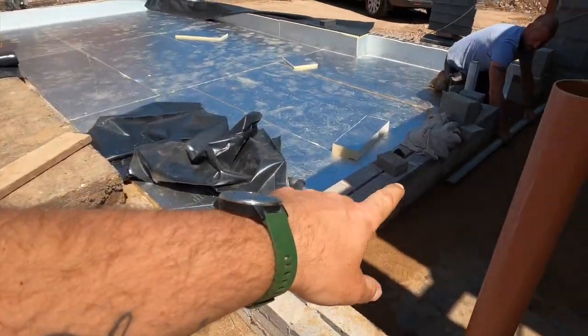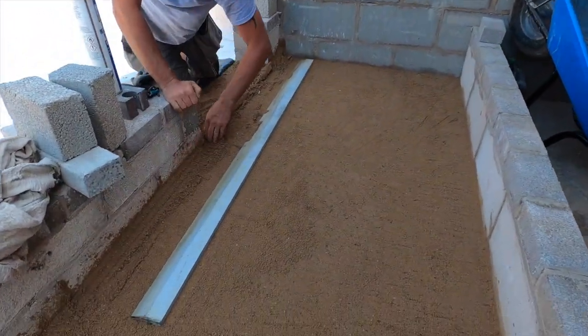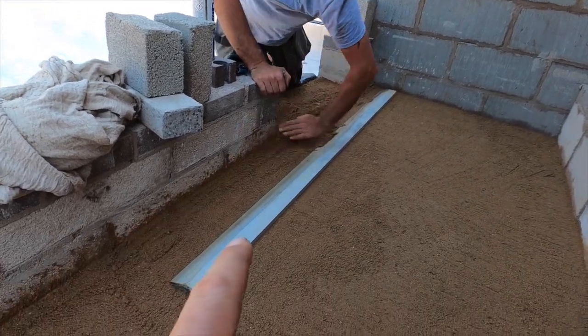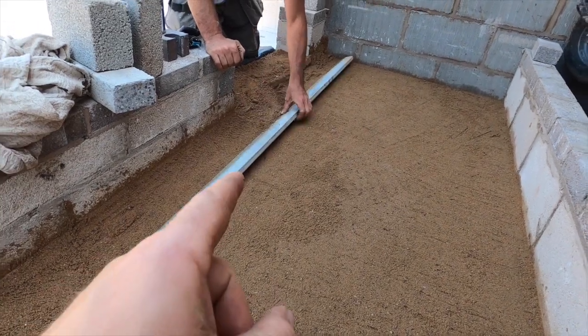Hay fever is on. So what we're doing today is we are getting ready for the concrete, which is coming tomorrow. The sand blinding's going in, and what Steve's doing now, as you can see in here, oh, hay fever is on. I'll be sneezing again in a minute. Excuse me. So this has all been whackered down, and what Steve's doing now